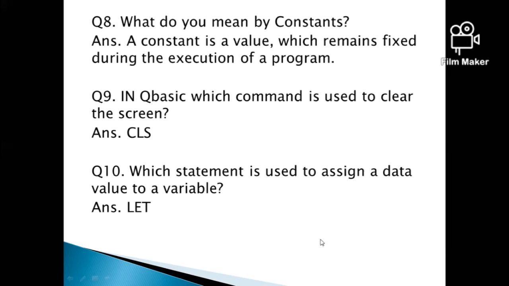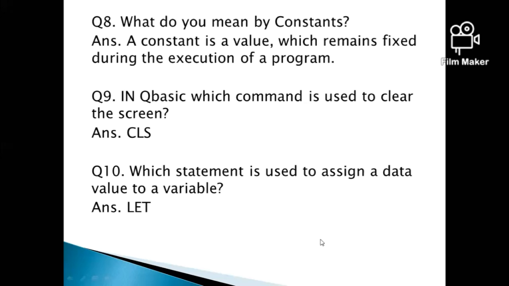Next question is, in QBasic, which command is used to clear the screen? In the previous class, I told you that when we start our new program, we have to clear the screen.